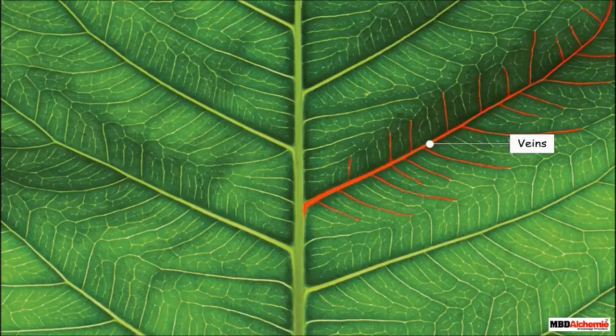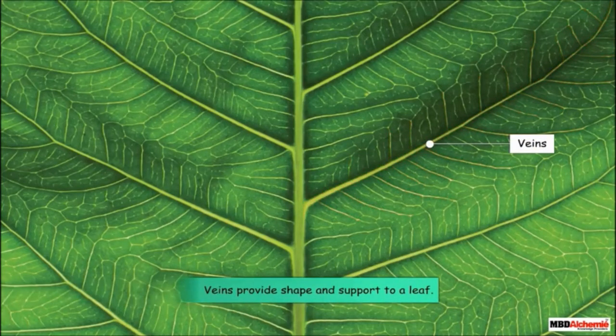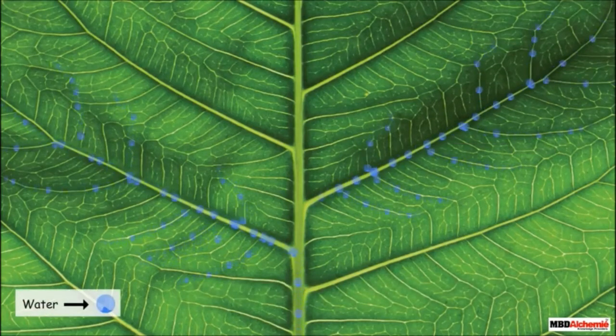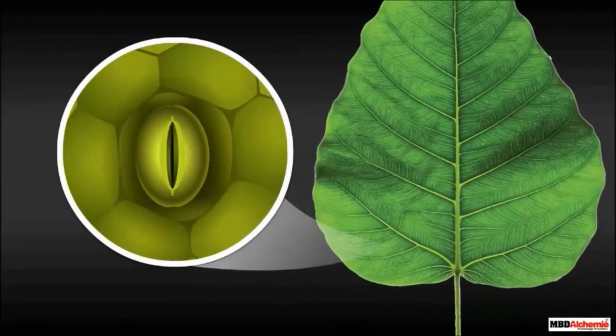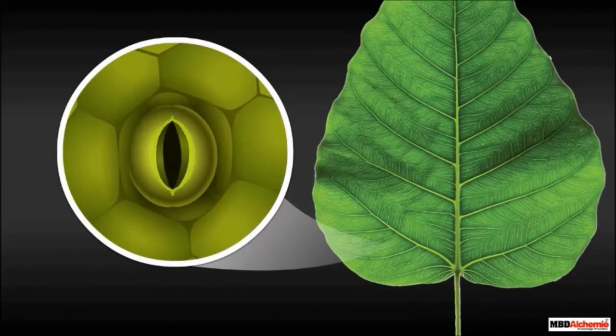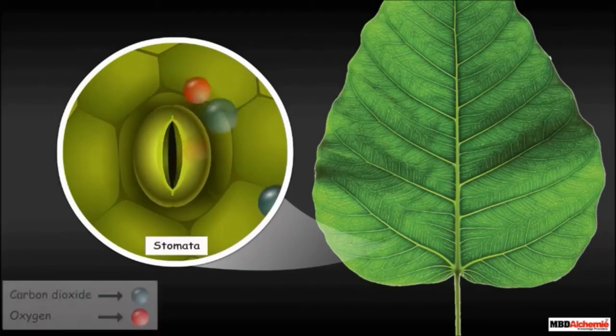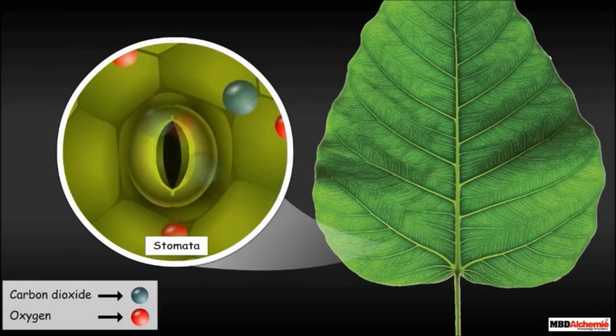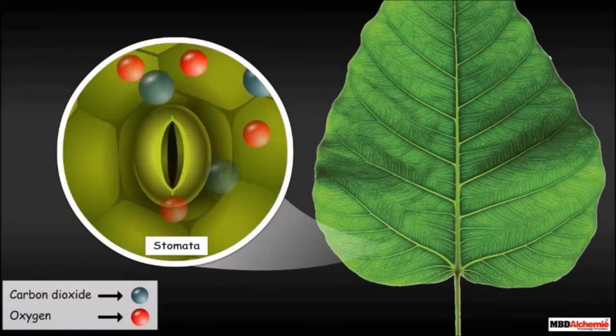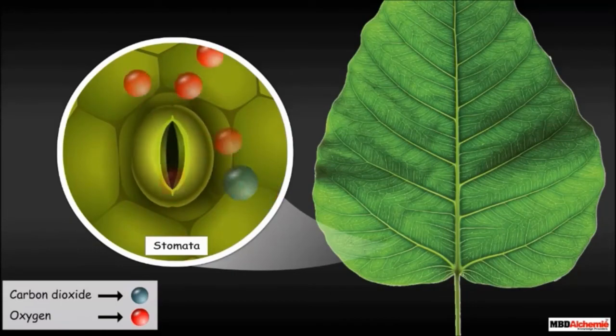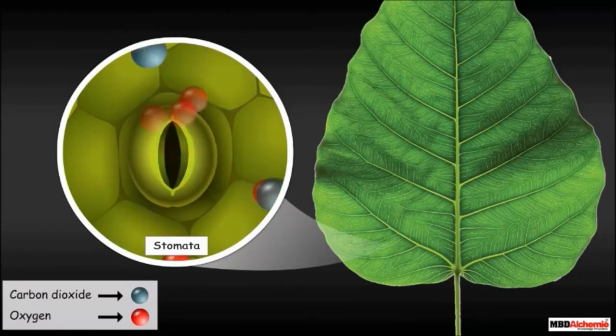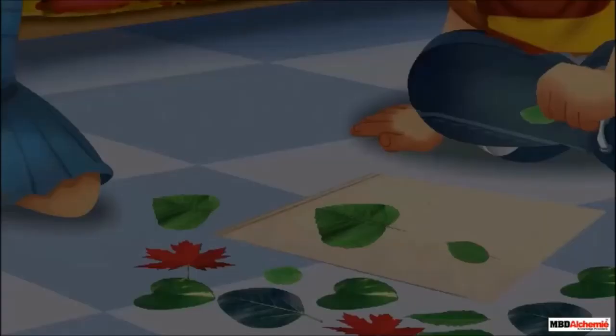Lateral venations दिखाई दे रही हैं, ये जो बारीक बारीक lines दिखाई दे रही हैं, they provide shape and support to a leaf. Okay, so veins provide shape and support to the leaf, and apart from that they also supply water to the leaf. And there are small tiny openings on the leaf, the stomata, which help in the exchange of gases. That means when they need oxygen during respiration, they take that. When they need carbon dioxide, they take that in. When they want to release it, they release it.